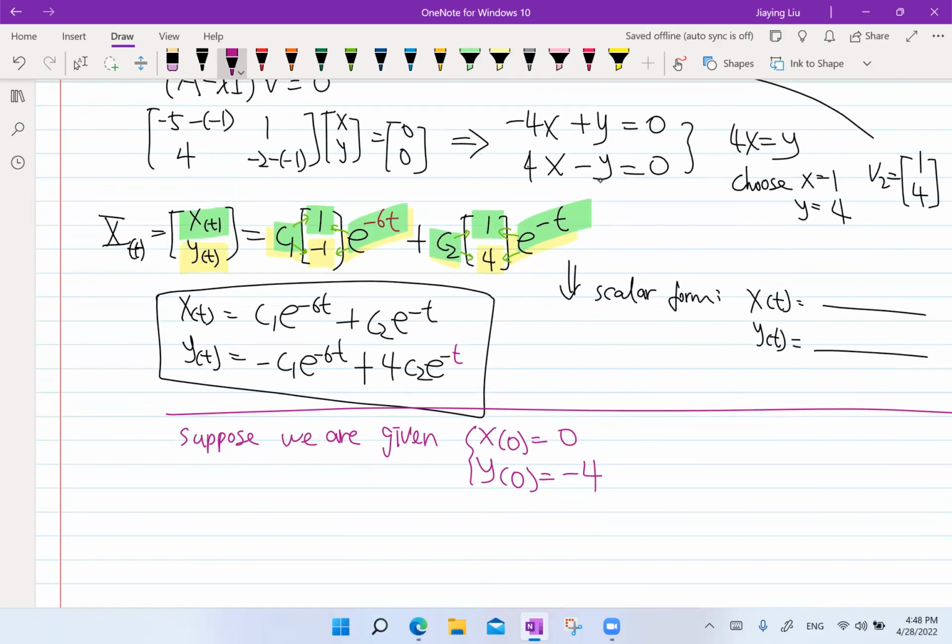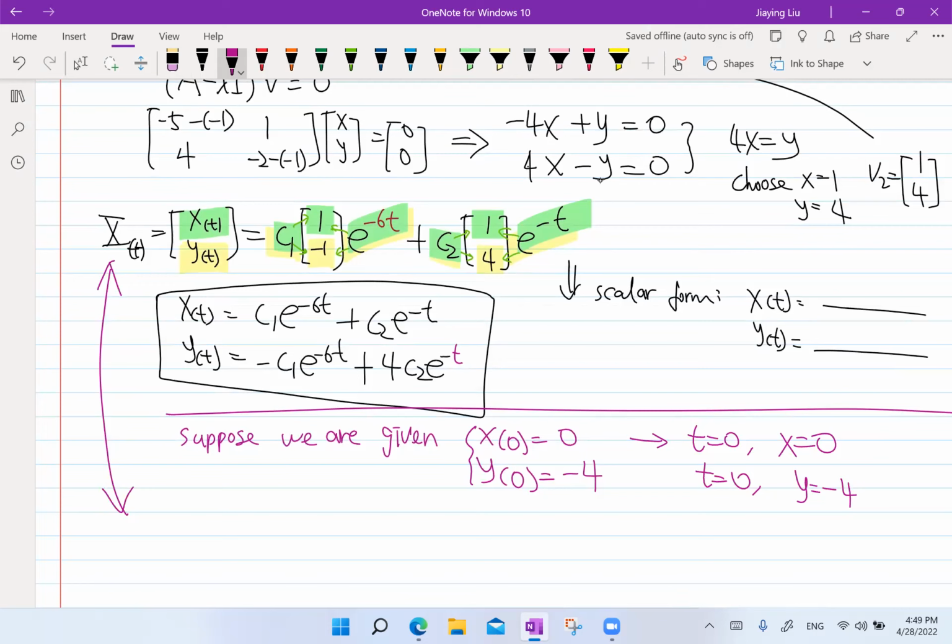So we do pretty much the same work we have done before. And now we're just going to use this initial condition to figure out C1, C2, and find the specific solution. So it doesn't matter which one you plug in. This one says t equals 0, x equals 0. This one says t equals 0, y equals -4. So you can plug into this